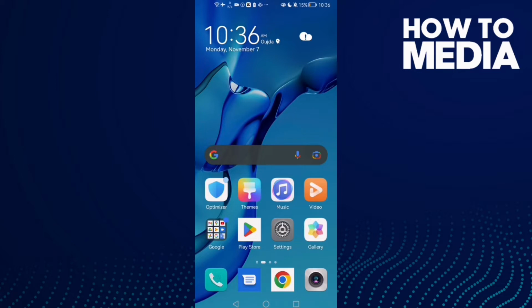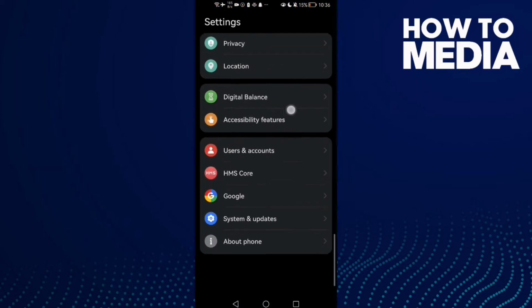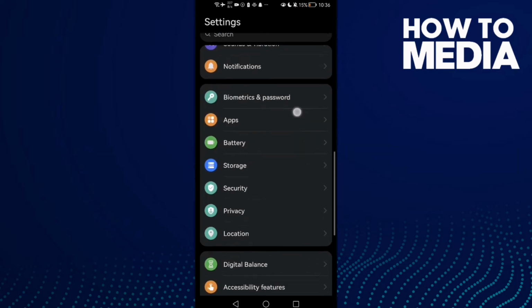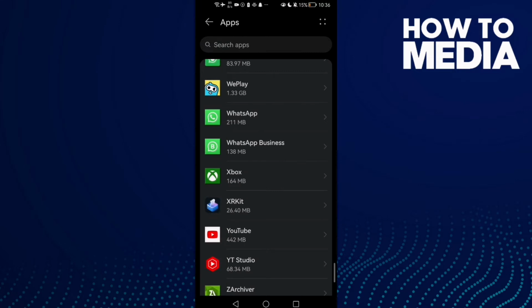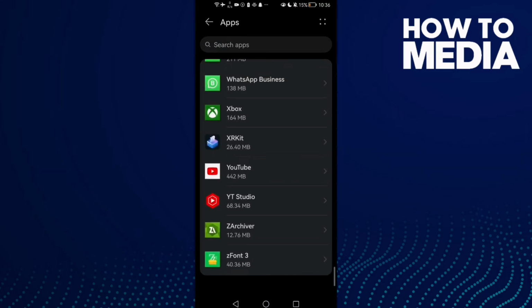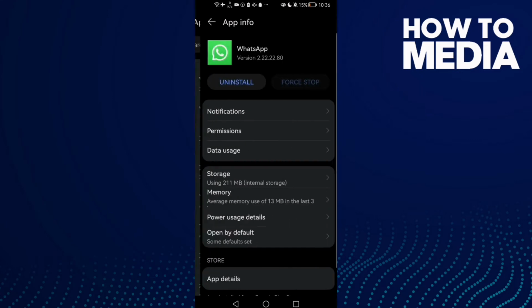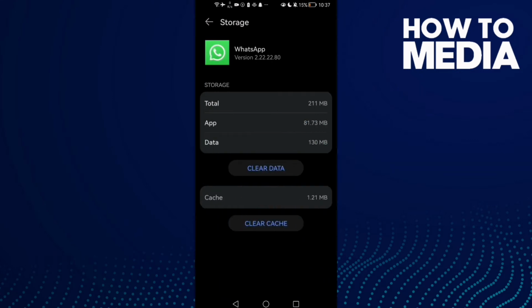First, just open settings and then scroll down until you find apps and then click apps again, and here you need to find all your installed apps and then scroll all the way down until you find WhatsApp. And once you're here, now just click storage and then click clear cache,